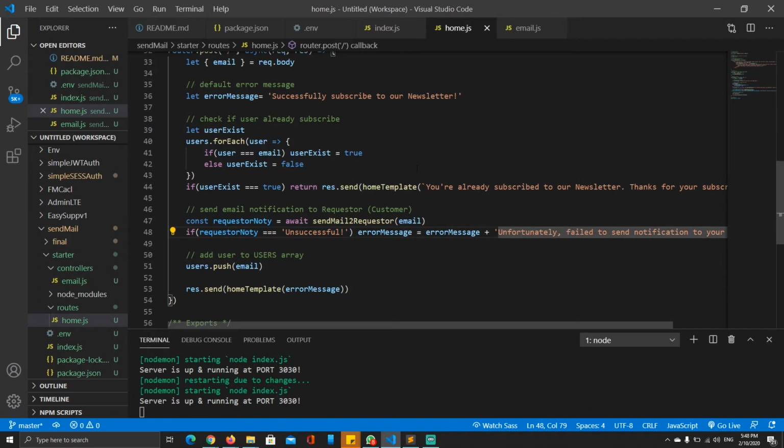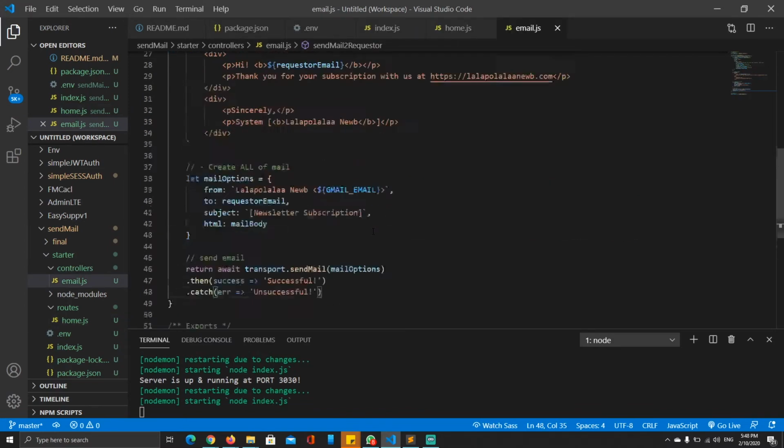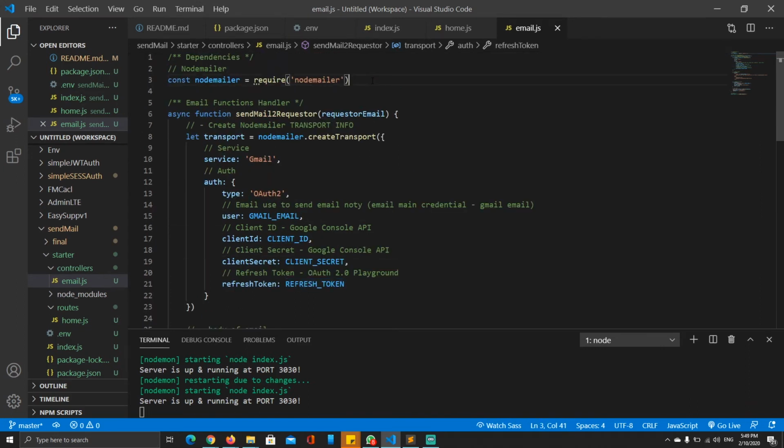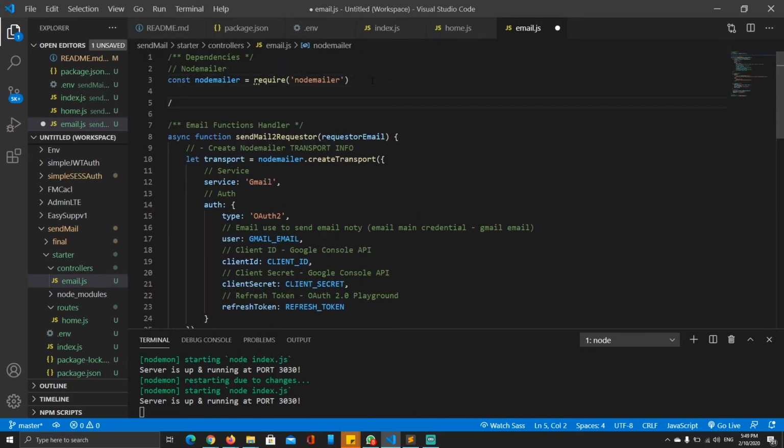So basically, our message is going to be something like: successfully subscribed to our newsletter, just that. But if it returns unsuccessful, then our message is going to be: successfully subscribed to our newsletter. Unfortunately, failed to send notification to your email, something like that. So the next thing that we need to do is to configure our Gmail email, client ID, client secret, and also refresh token. But before that, I'm going to create